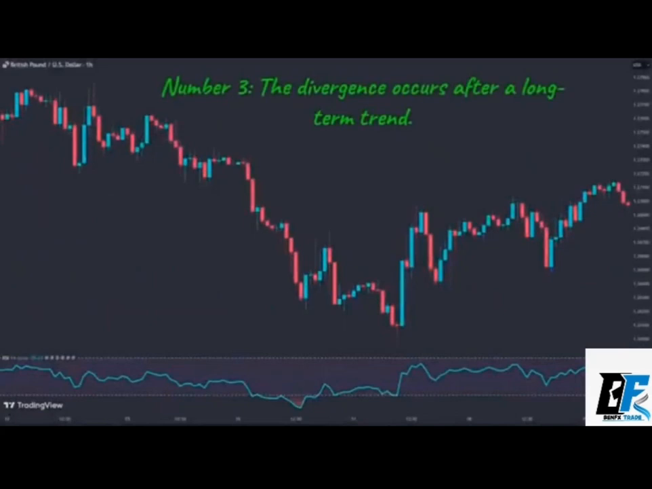Number 3. The divergence occurs after a long-term trend. When a trend lasts a long time before RSI divergence happens, it means more people are involved and the price has moved strongly. This increases the chance of a big reversal, giving better opportunities for traders to profit from the new trend. While RSI divergence is a popular price action signal used by many traders, there are some issues associated